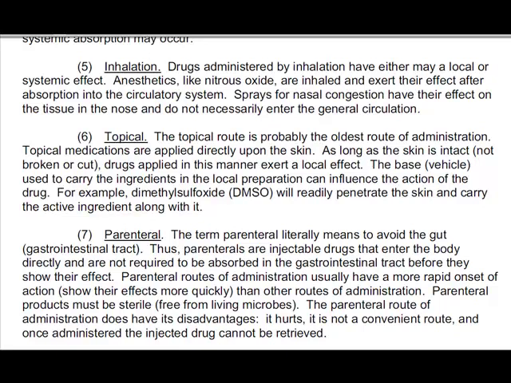And you have to look out for some of the absorption into the circulatory system when it comes into that. When you give certain drugs, how it can affect the circulatory system as well. Okay, topical. This is something we're not really giving a lot of topical drugs. Not something we're really doing in